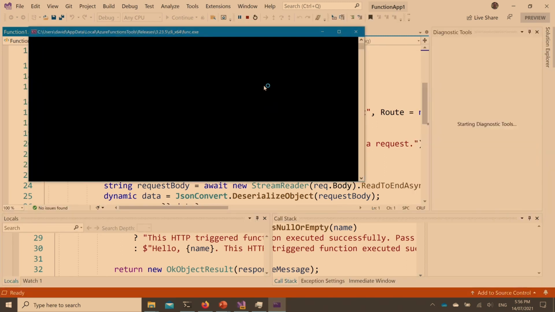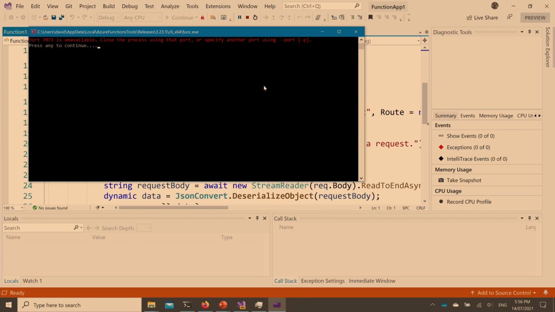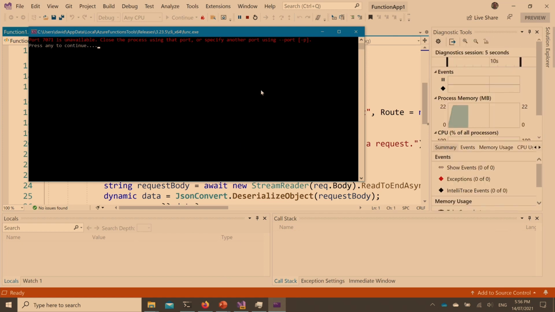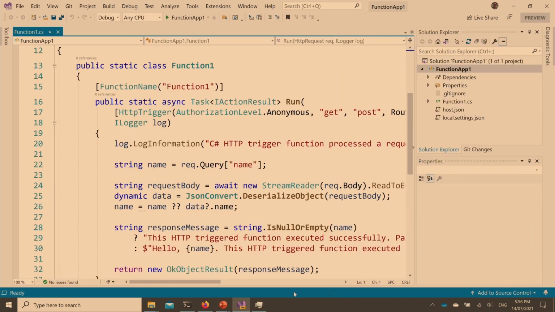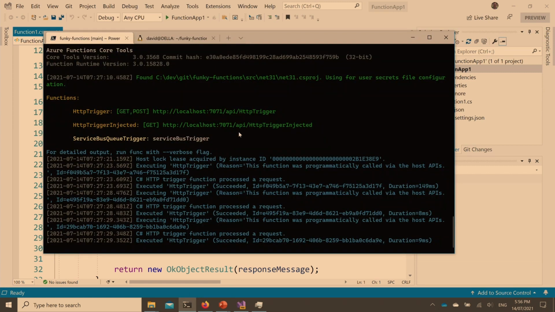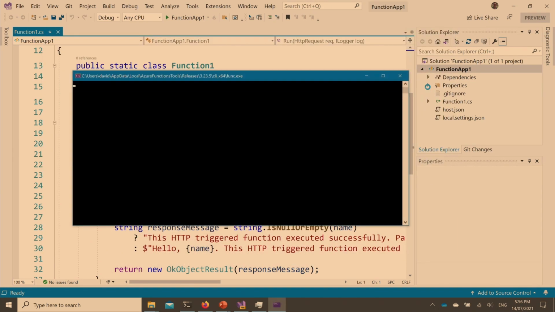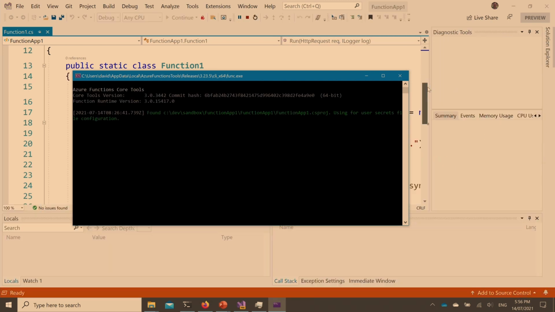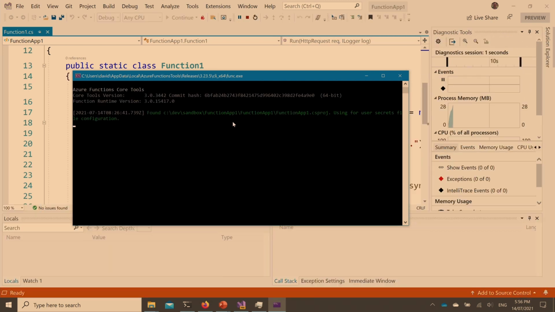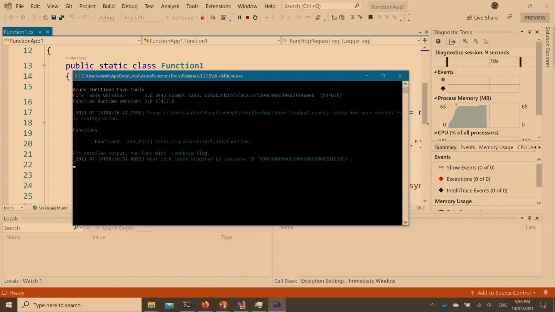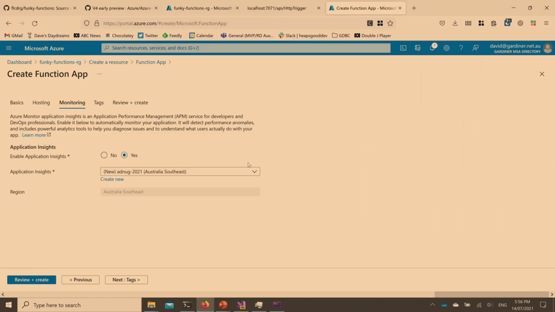That's just launched the local emulator, and I think I've got something else running. Let me just jump down to my terminal. Obviously you can't have two things running on the same port. There we go, that's better. So that function is starting. It's kind of hard to read that green, but I'm just going to select that, go back to my browser,